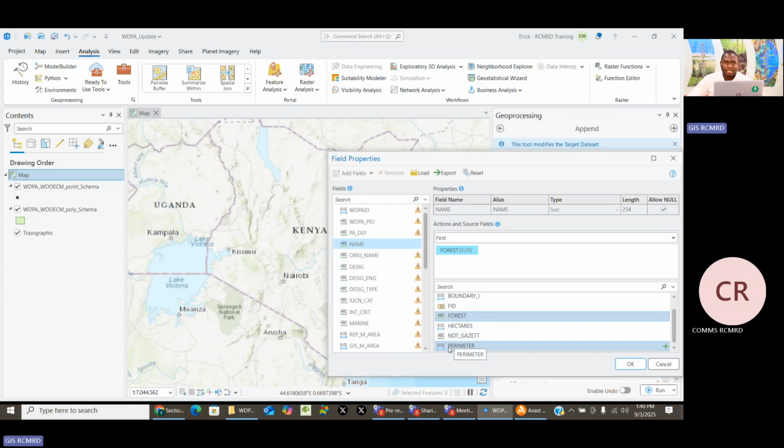For example, there's a field on boundary, we don't need it. There's a field called hectares, we need area in kilometers, which we can still refer to this, or we can still add it, but we will have to modify it a bit. So perimeter, we don't need it. We don't need not gazetted field. So once you do that, just click on OK